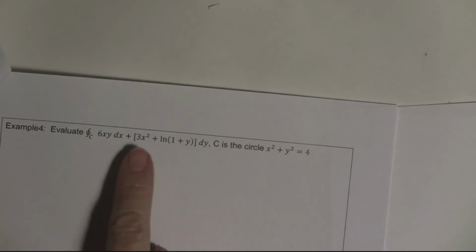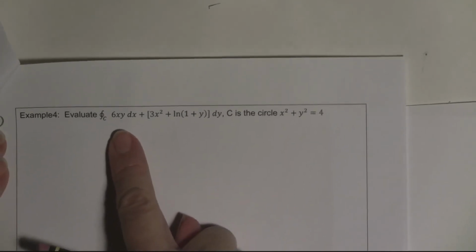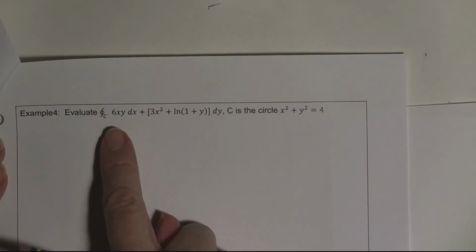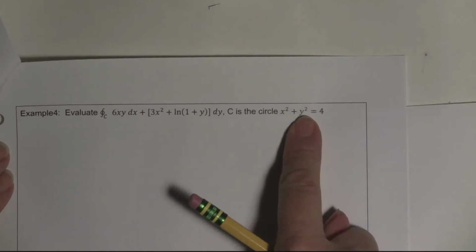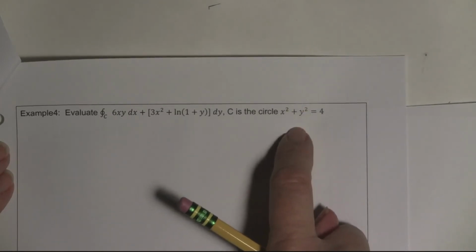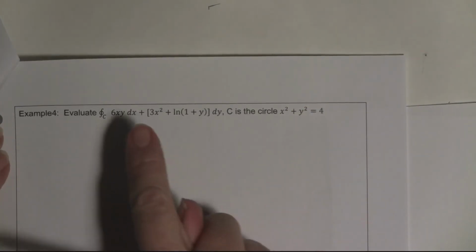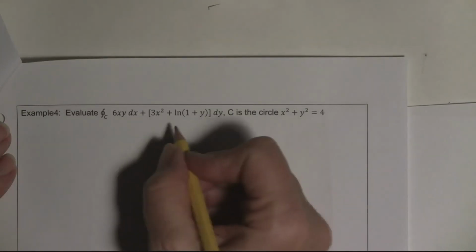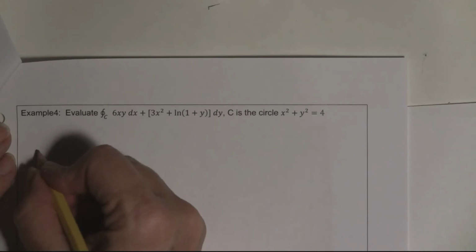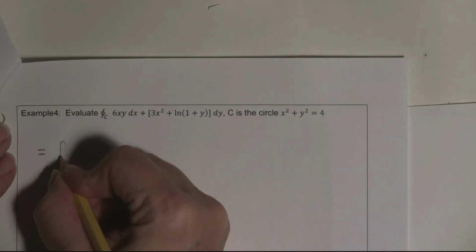So this one is example 4 here, more set up, and definitely a simple closed curve. That's a circle, and so that means this will be equal to the double integral. So I'm not going to write all of that. So this is going to equal the double integral,